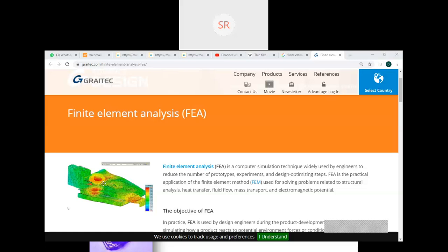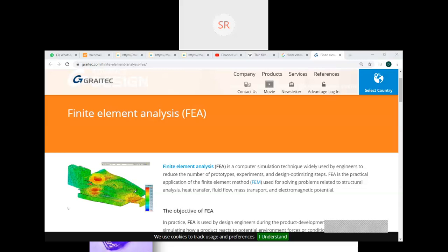Or I need to make one more thin film onto this layer. I need to deposit, or I need to put some other material onto this area. So that is nothing but the finite element analysis. So what is the use of this application? The use of this application is that I can calculate the stress and strain. I can calculate what is the stress and strain falling onto the material.